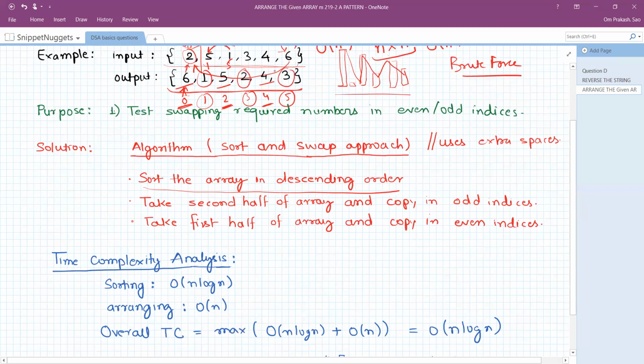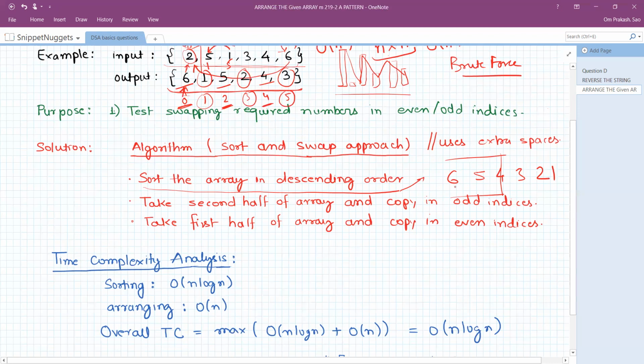So we can use the knowledge of this pattern. We will first sort this array. Once this array is sorted in descending order, it will be 6, 5, 4, 3, 2, 1. Then we can take the first half of the array and we will start copying the first half into the even number indices.